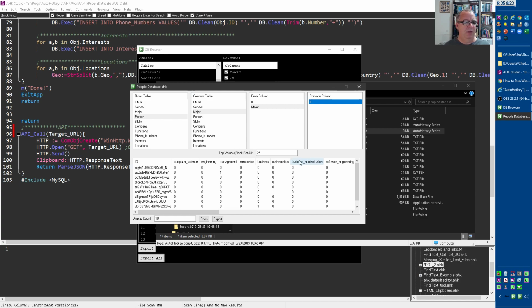He cranked this thing out in not a lot of time. Again, for doing stuff with GUIs, it's amazing what AutoHotkey can do if you know what you're doing. I don't, so I don't touch stuff like this. But he's very fluent at them, so he can crank them out. All right, so that was that one.